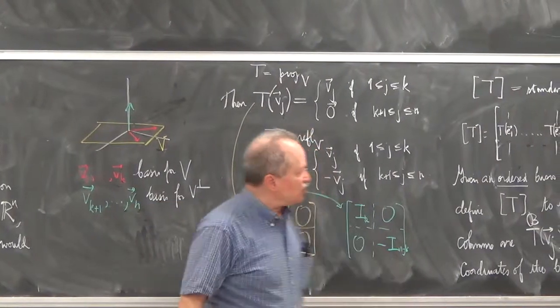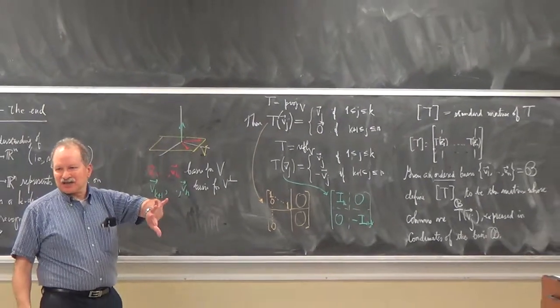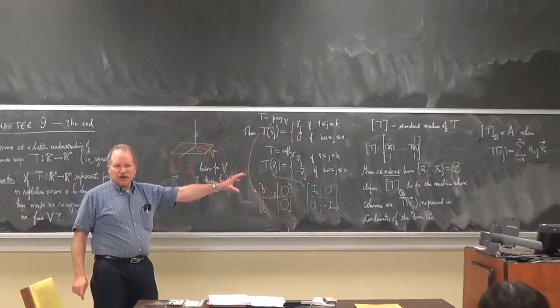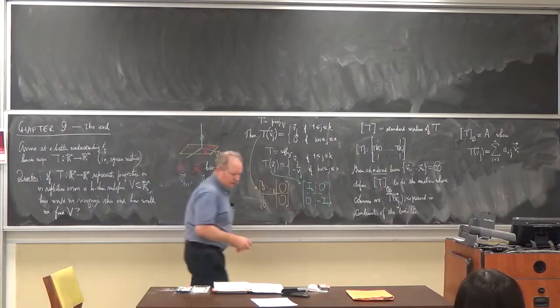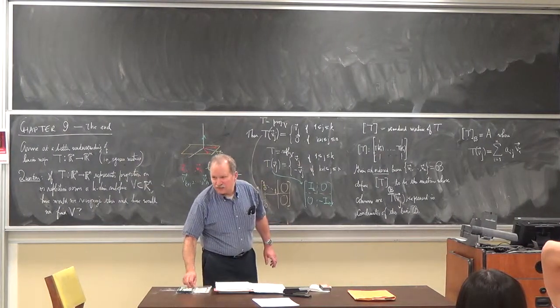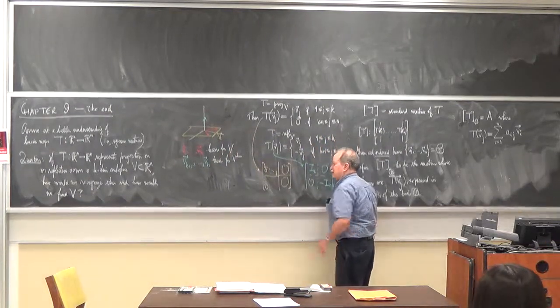So my question to you guys is, how do we go back and forth? If you know the standard matrix, how do you find the matrix with respect to a different basis, and vice versa? Do we know the basis? Yes. So if I give you a new basis,